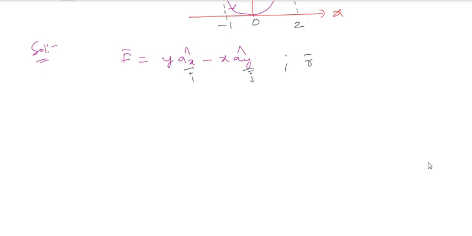Then what is your r bar generally? x i bar plus y j bar, because only two things they had given. Am I correct or not? So if I simply replace this, F bar is equal to y i bar minus x j bar. Clear with my point? Now if I calculate the line integral here, the line integral over C of F bar, they given what?